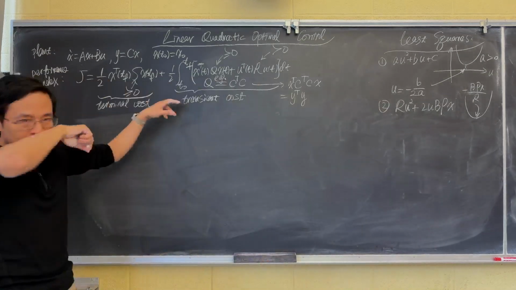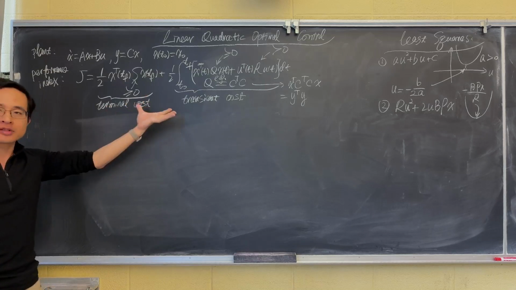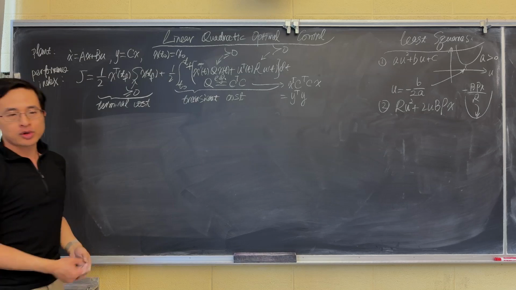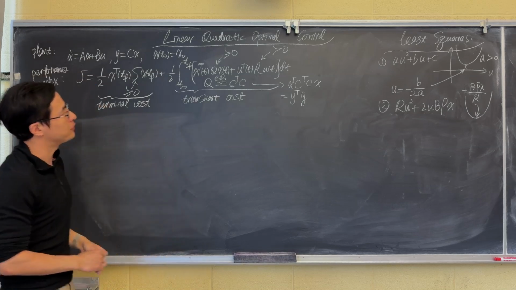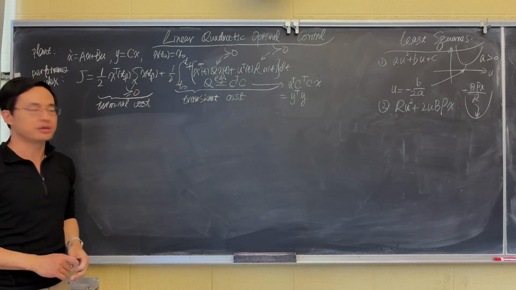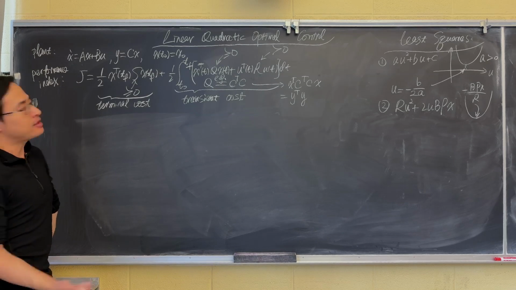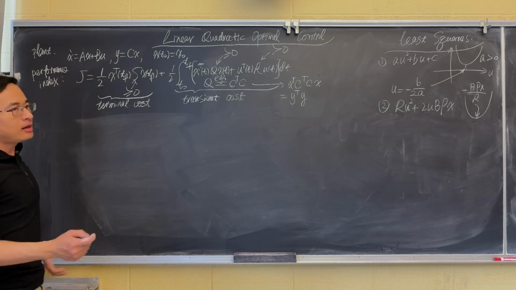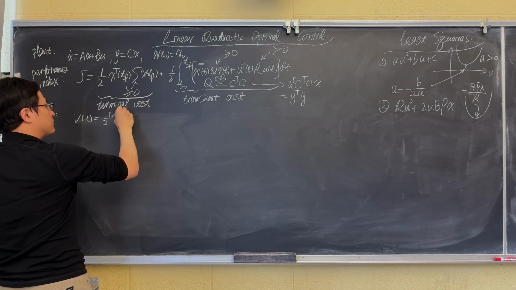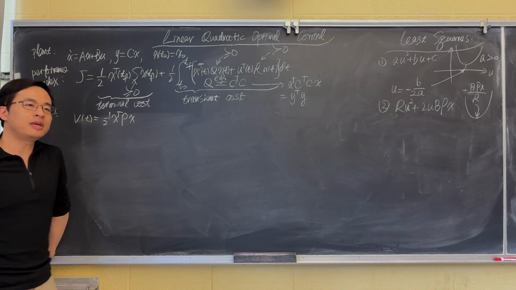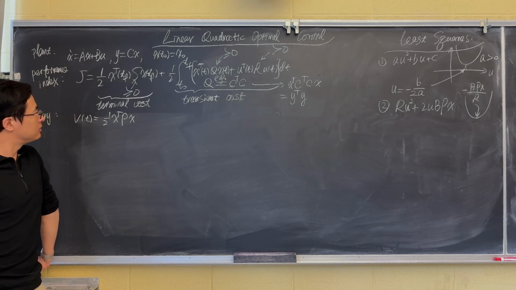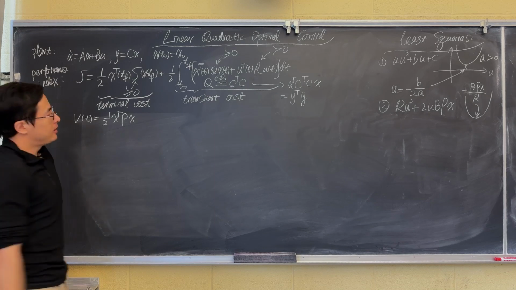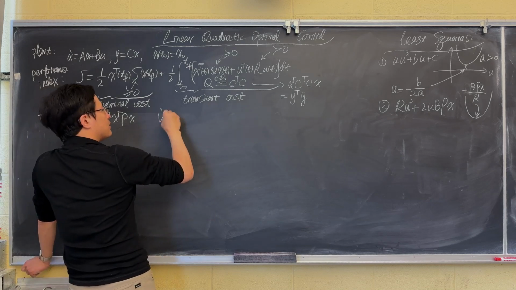So let's take a look at our cost function. Let's take a look at how to minimize this, a big quadratic function in terms of the state and the control input. We will use a similar technique. Let's try to complete the square in a way. Let's try to define some similar quadratic function that appeared in the Lyapunov equation. And then let's take a look at the derivative of this,